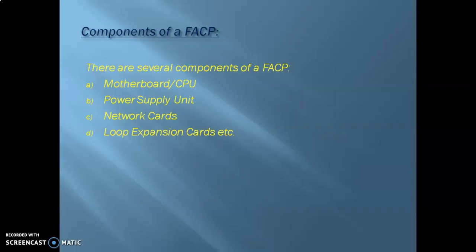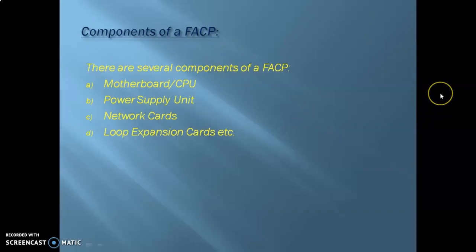You can install those cards within the FACP, and through those cards you can provide extra loops for the same fire alarm system, either in the same building or for another building, whatever you want. So that is basically the loop expansion cards. In simple terms, it just expands the number of loops that can exist in a FACP.